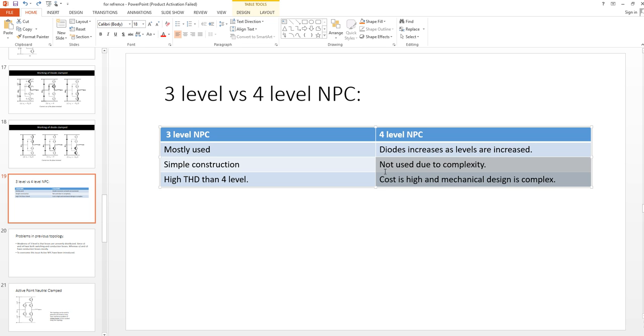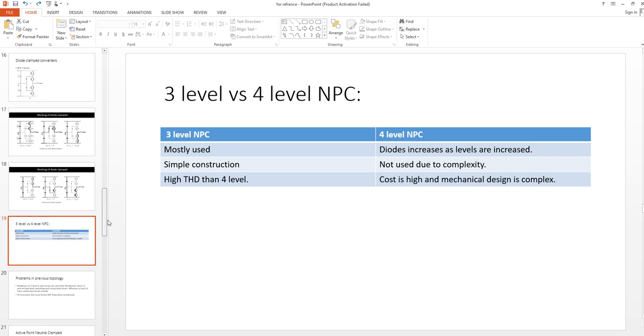So due to the high cost and complexity, we avoid the 4 level neutral point clamp converter as compared to the 3 level neutral point clamp. No doubt the harmonic distortion will be very less, but due to the cost and complexity of the system, we avoid using 4 level and we use 3 level converters. Okay,